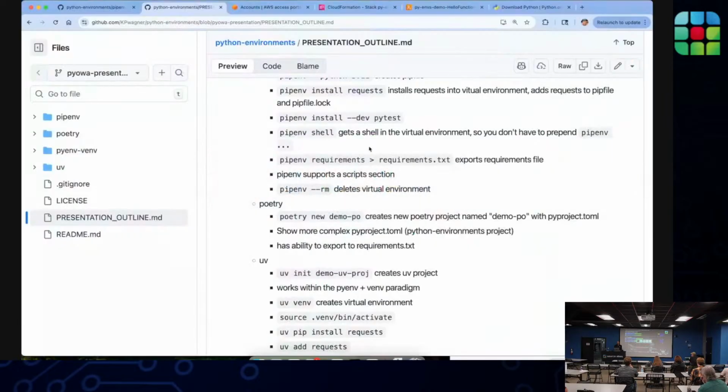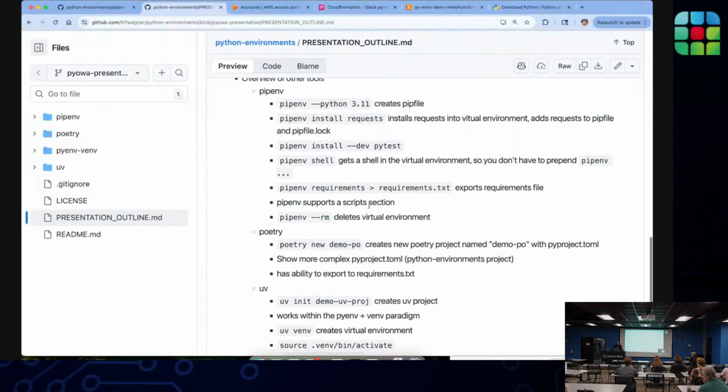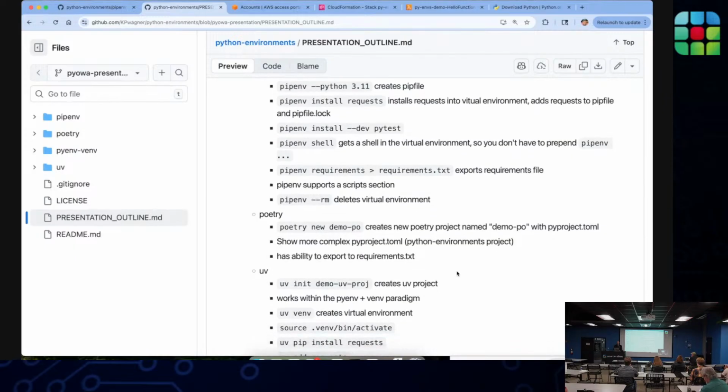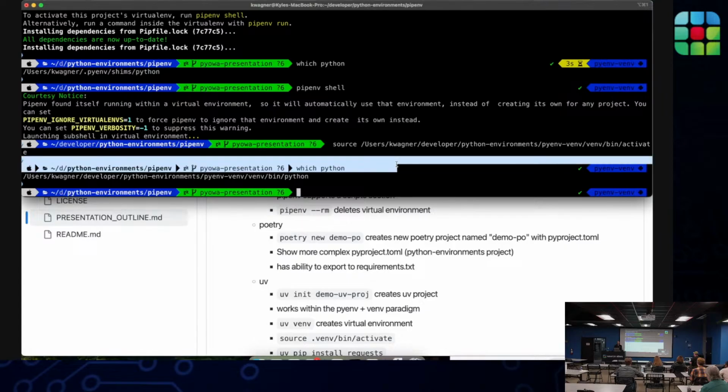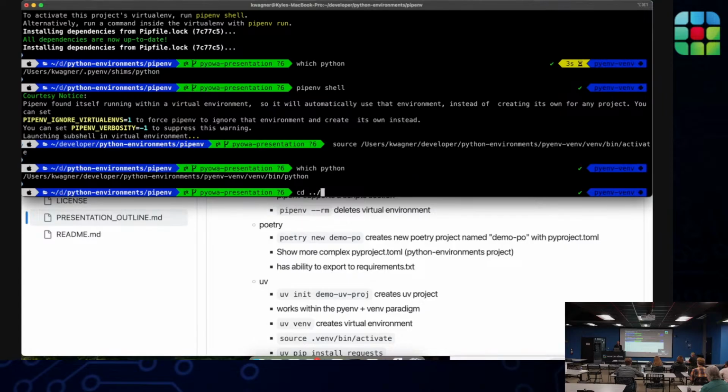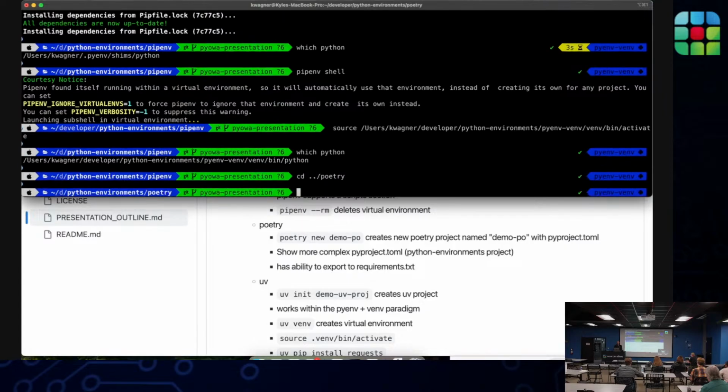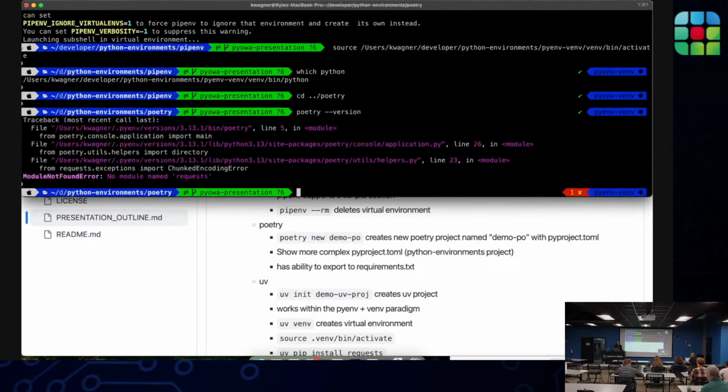So, given that we really only have a few more minutes left, I'll just quickly go through and initialize a few of these projects just so you can get an idea of what they look like. So going into the poetry directory, and then I'm gonna ignore that, I guess.